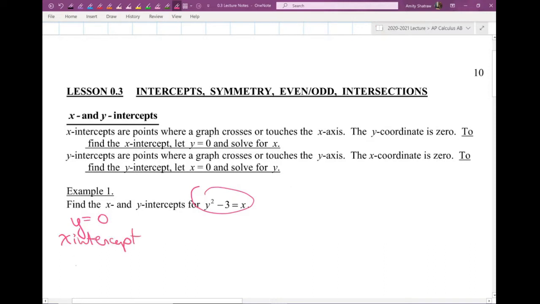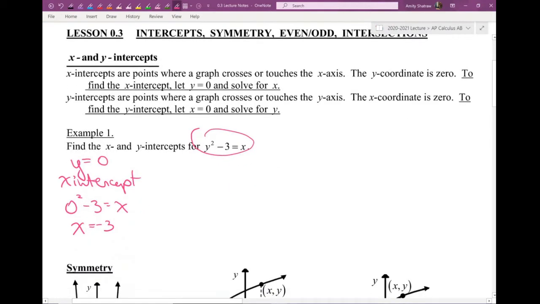And so I say that I have 0 squared minus 3 equals x, and boom, now I know that x equals negative 3 is where that intercept lives. So it would be negative 3 and 0. If I set x equal to 0, then I am finding the y-intercept,